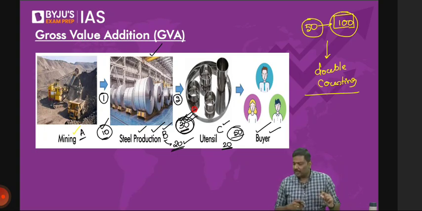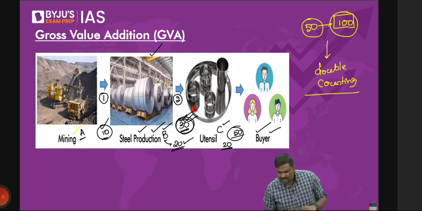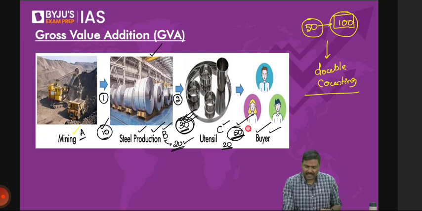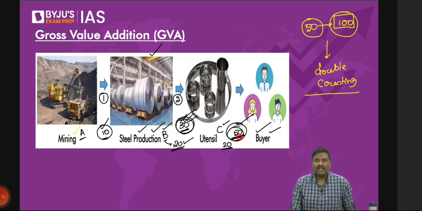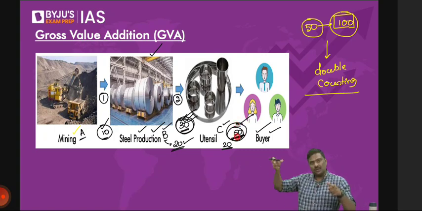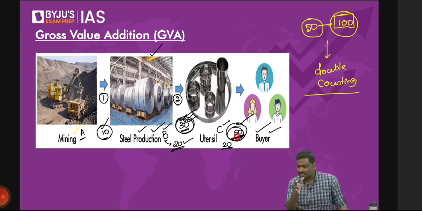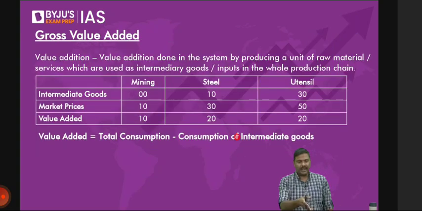Why not count 50 rupees directly as the value of the previous steps? Right here, you're basically saying 50 rupees. Please understand this. In this context, we take the market value of final goods and services. But how do we arrive at that value? That is the process using the concept of value addition. Just to make it much clearer, have a look at this.